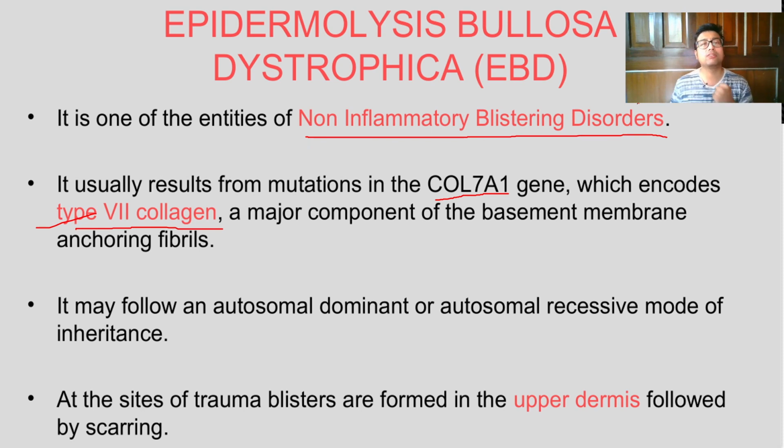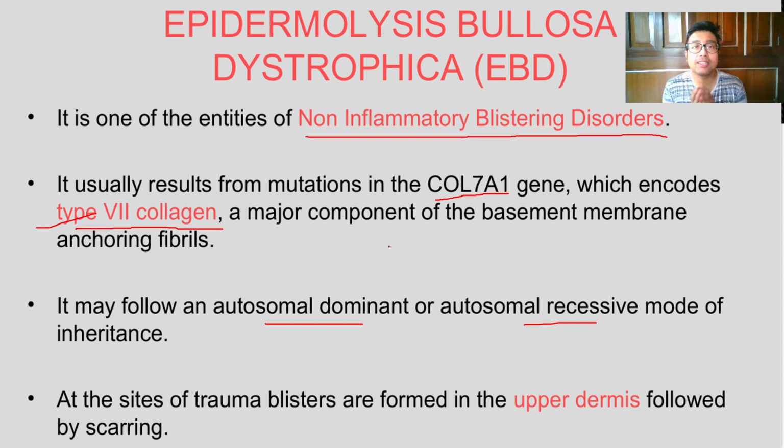Non-inflammatory means it will not be associated with redness, okay, and to some extent pain. The pain is actually much lower, but once blisters are formed, the nerve endings are exposed, and then the patient will have pain due to external chemicals and sweat. Now it is one of the disorders that may follow both AD and AR type of inheritance, but the most common feature is,